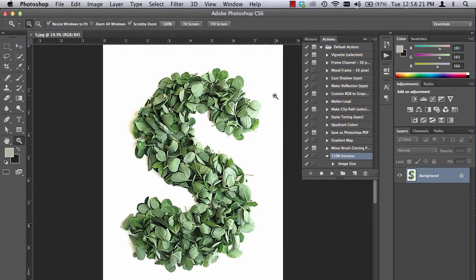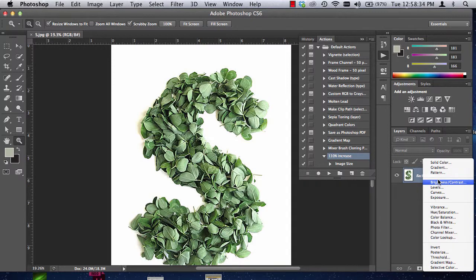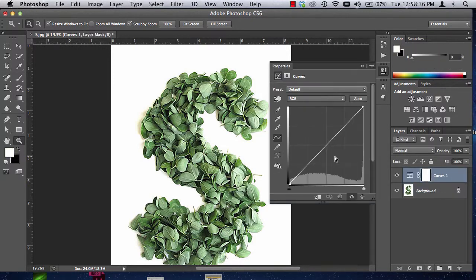So if you did need to drop highlights to white and your image looked a little muddy, you could use an adjustment layer in Photoshop, which is this little symbol right here, and you could click on that and go to curves, and you can set the white point by using the white eyedropper tool. It's sampling the image to set the white point. You can set the gray point, and then you can set the black point, but we're going to set the white point. And if this background was not white and we wanted to click on it, it would automatically set